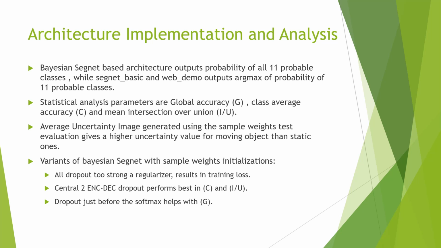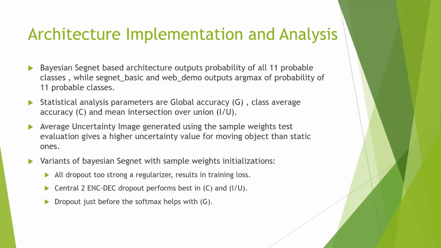The statistical parameters are global accuracy, class average accuracy, and mean intersection over union. Every uncertainty image generated using sample weight test evaluation gives a higher uncertainty value for moving objects than static ones in a Bayesian SegNet model. The variants of the Bayesian SegNet model with sample-based regression are as follows. All dropout